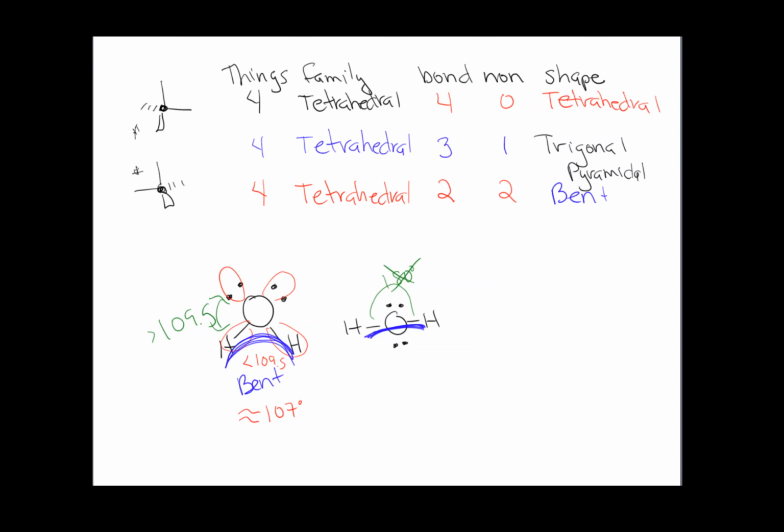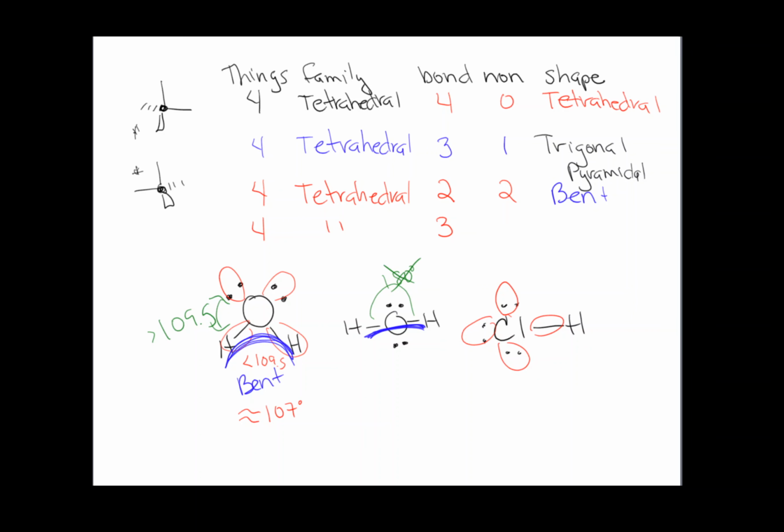All right, well, we have another variation. What if I go all the way down to, I don't know, can I get down to just 1 bond? You bet you can. A little bit silly in hindsight, but... How many things are around chlorine? 4. Whoa, I want red. 1, 2, 3, 4. So I'm in family tetrahedral, but I have 3